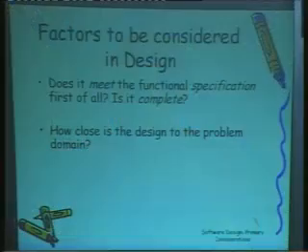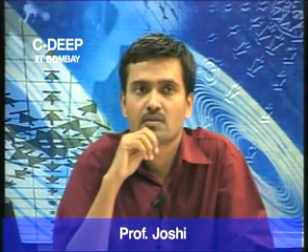The specification may be in, say, plain English or in a standard, the IEEE software requirement standard. Now somebody has to review and find out whether this design is meeting the requirement. So there are review processes to make sure that the design meets your specification. It covers everything, it's complete. How close is the design to the problem domain itself? This is an important aspect of a design. If the design is very close to the problem domain itself,